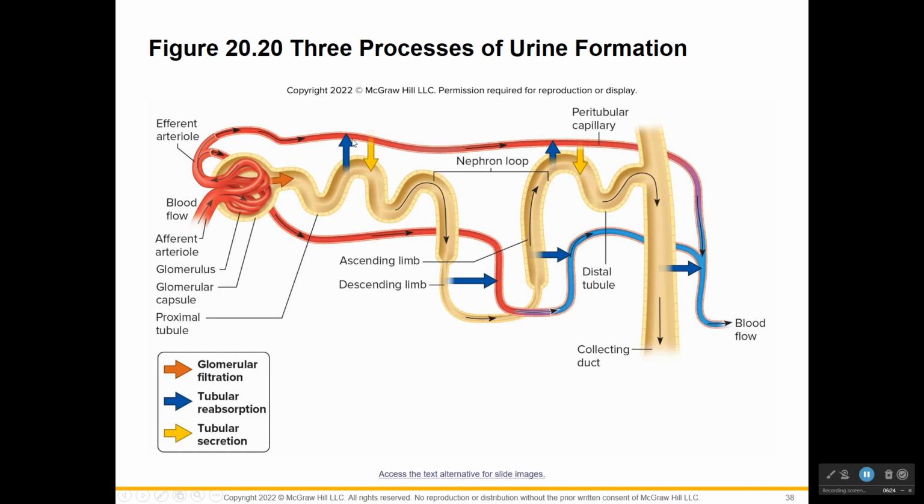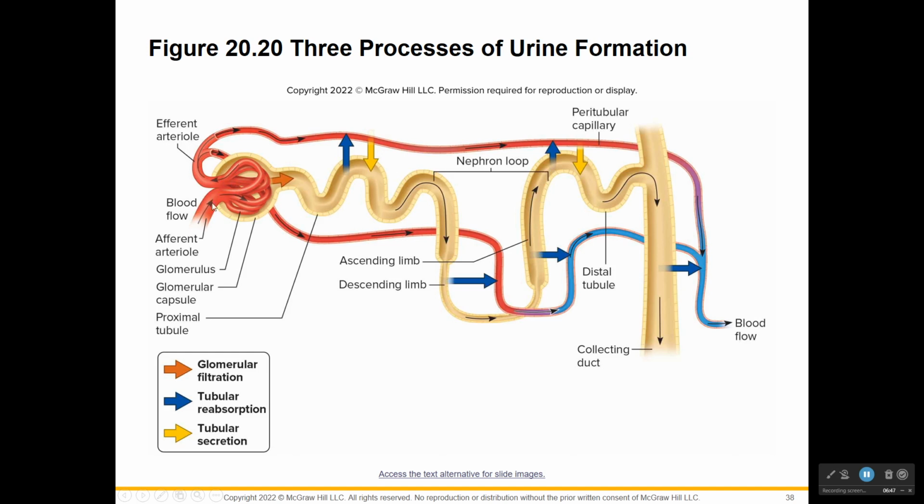So we're going to secrete and reabsorb in this proximal tubule, and then we have our descending loop of Henle, our ascending loop of Henle. And you can see we're doing some reabsorption here, and the longer the loop, the more you can do. And then as you move up the ascending and go to the distal tubule,